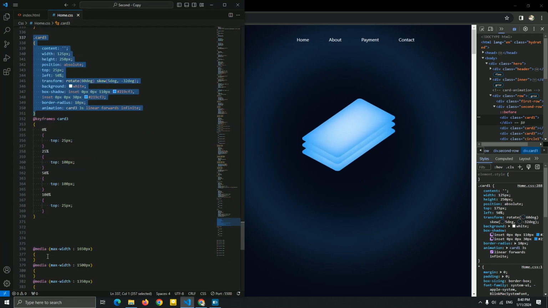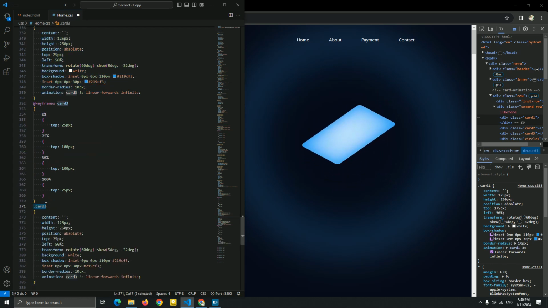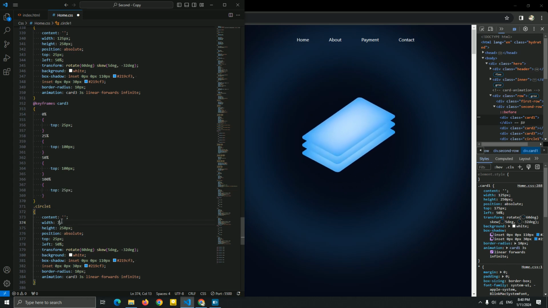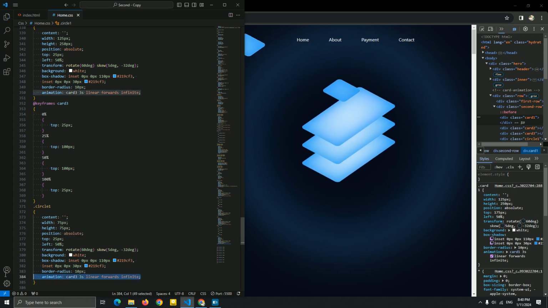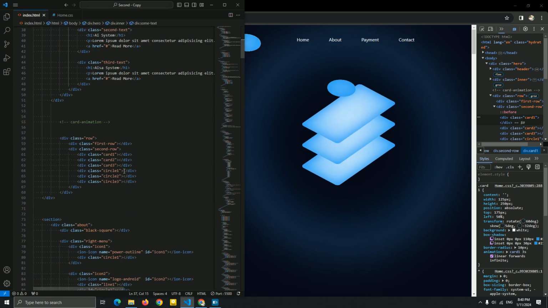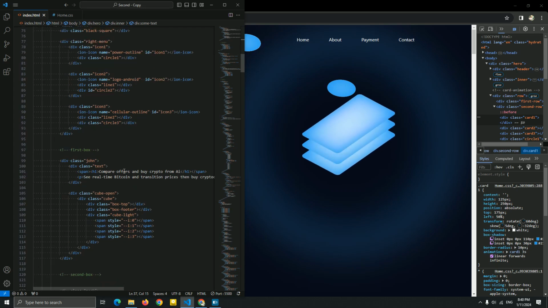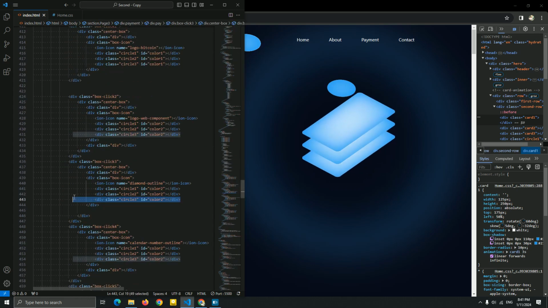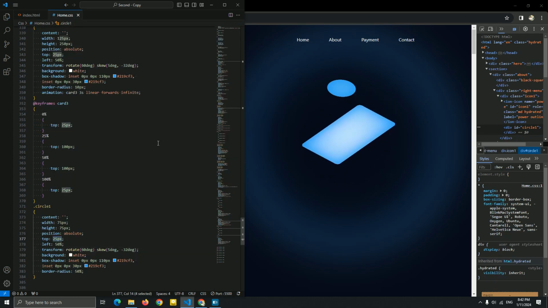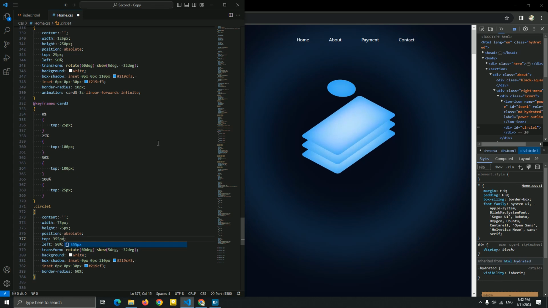I'm gonna just copy this, paste it for the circle. I'm gonna start with a circle 1. So for the width and the height for this circle 1, I'm gonna add 75 pixel. Let me start with this. And we don't need animation. Let me just turn off 50%. I want to be a circle, and let me just turn off this circle. I'm sorry, guys, let me just do it quick. So I'm just gonna turn off this circle. Now for this, I'm gonna add a top. Okay, and for this, I'm gonna add this top for the left.